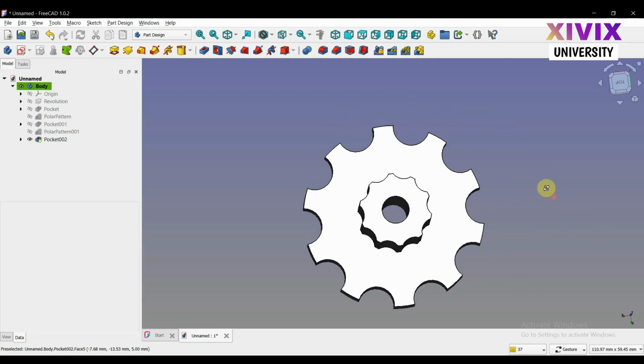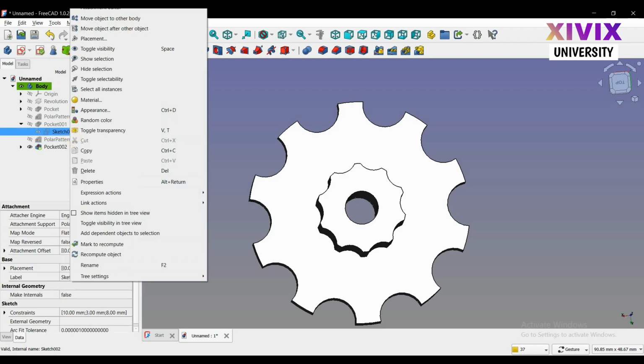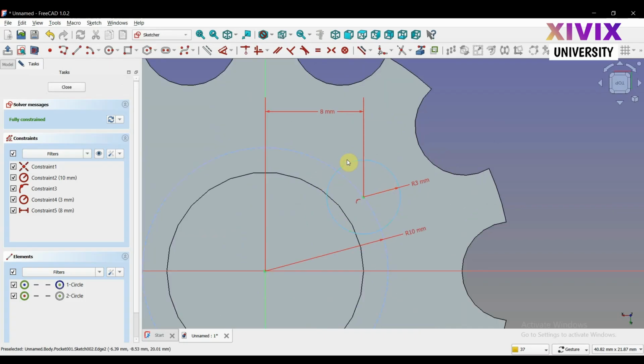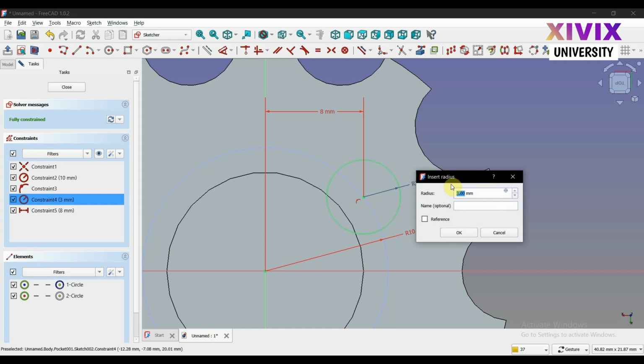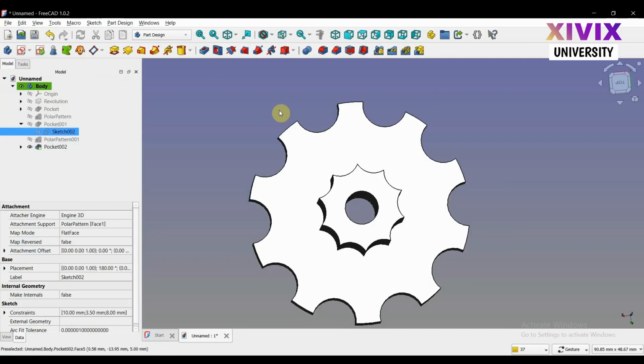I feel like it's better to increase the radius of the circle we used to cut out the teeth of the upper surface gear. Let's increase the radius into 3.5 millimeters. And we click OK, which is now it's better. Okay, now let's close this window now,